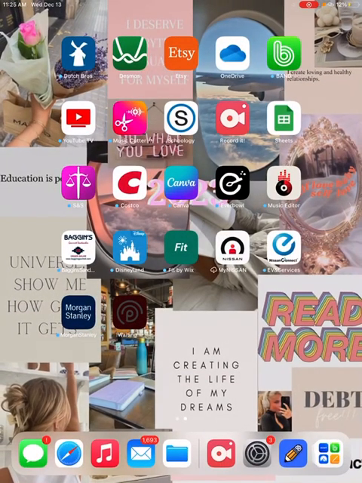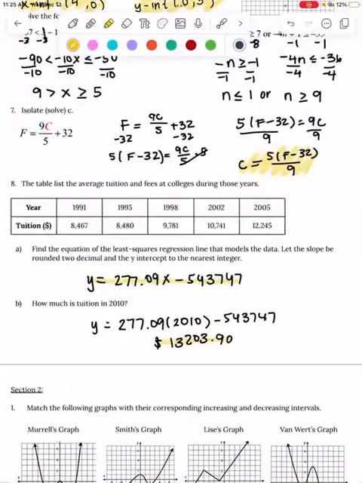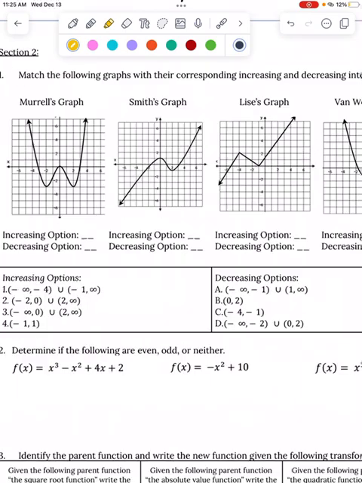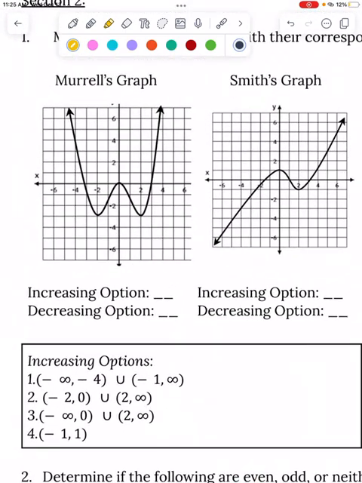All right, here is part 2, so section 2 for the final. Match the graphs with their corresponding increasing and decreasing intervals. We're going to be paying attention to when they stop at our x values. I like to just go around and see increasing, decreasing. So first thing I start off with is